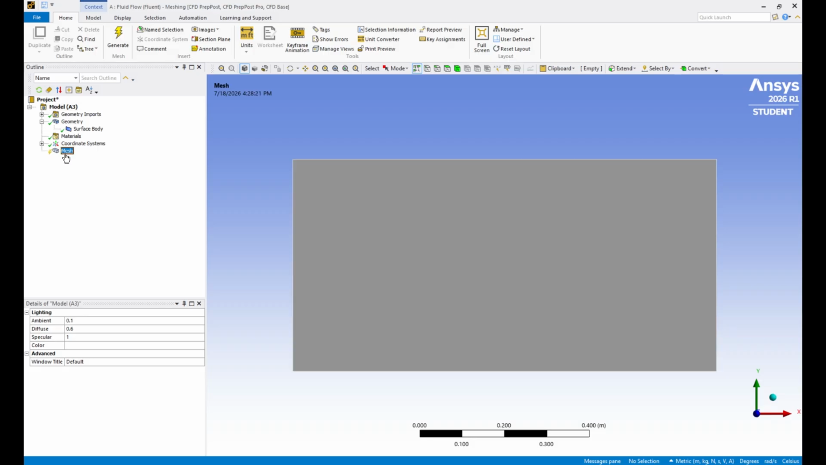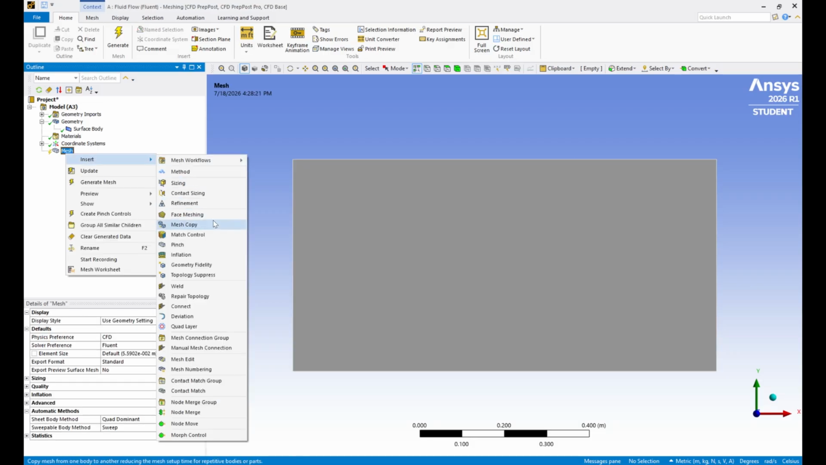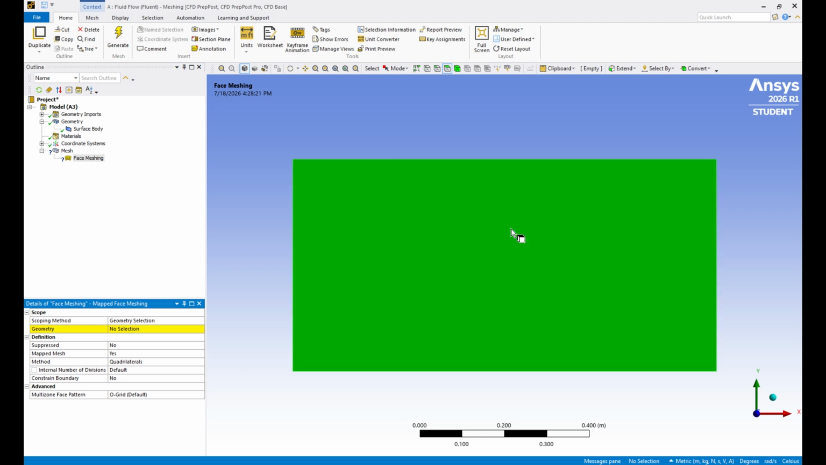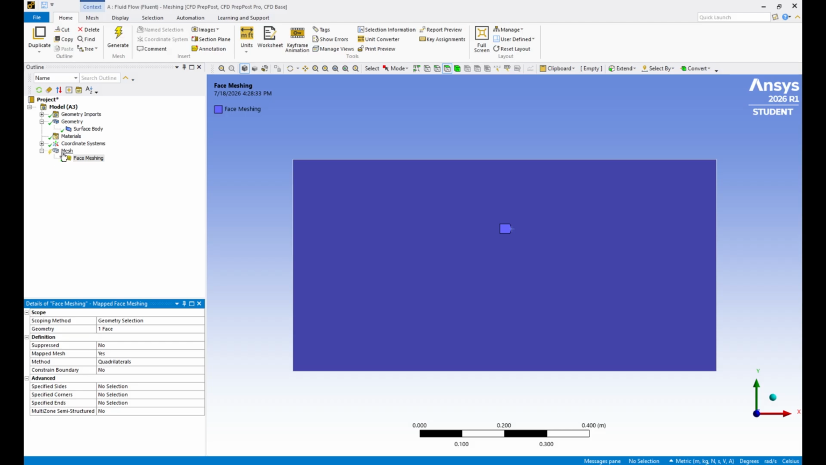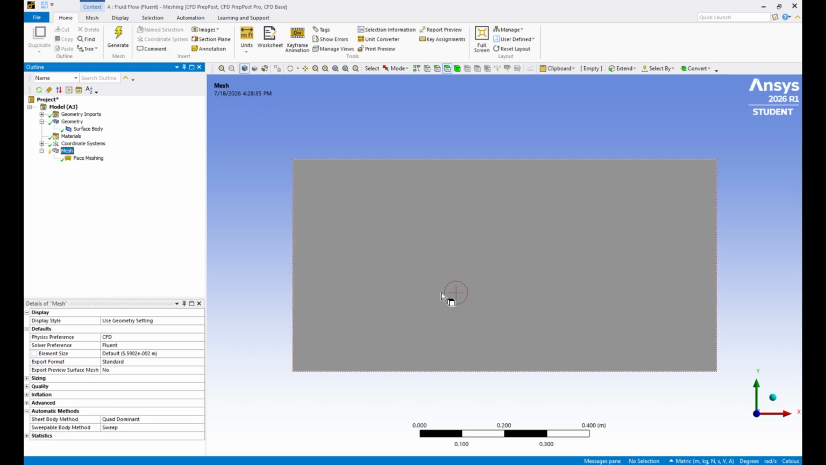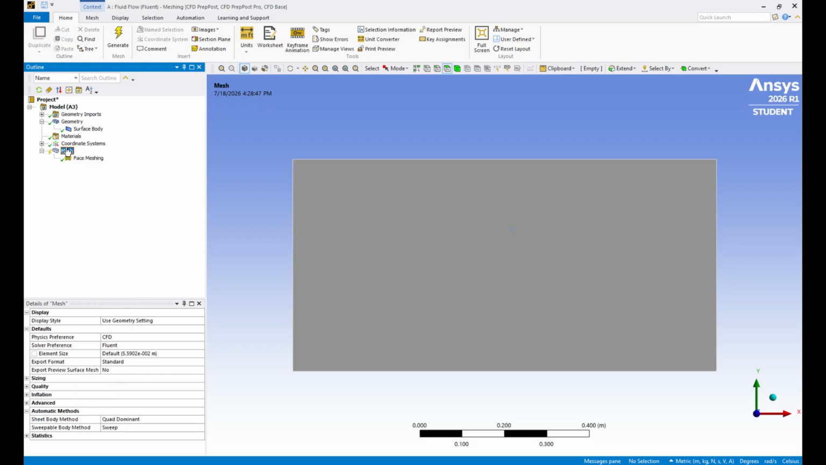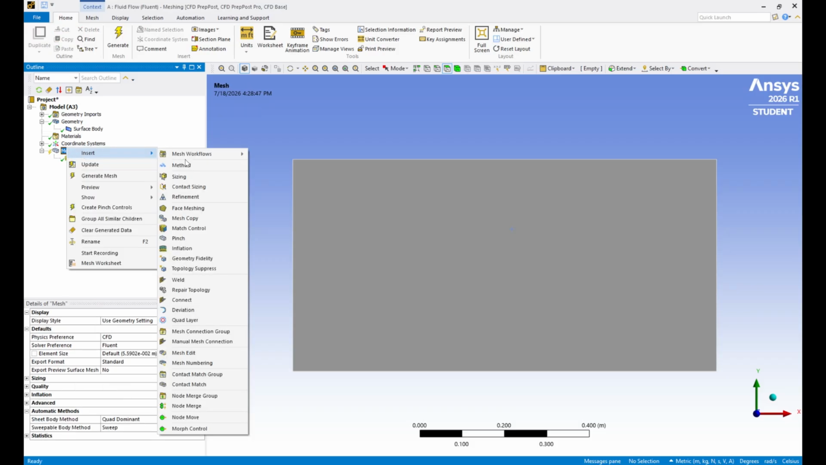So the first mesh we're going to do is a face mesh. Just right click mesh, insert, select face meshing, select the face of the rectangle, apply geometry. Next, we're going to